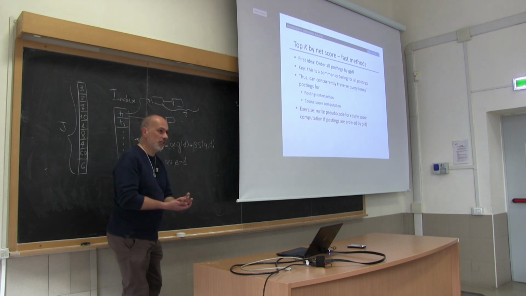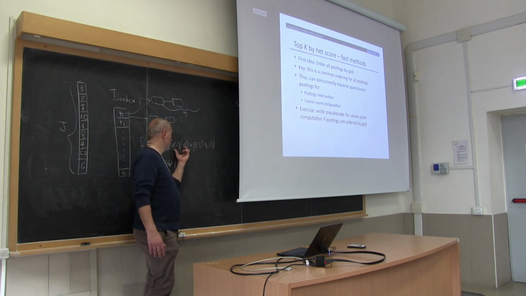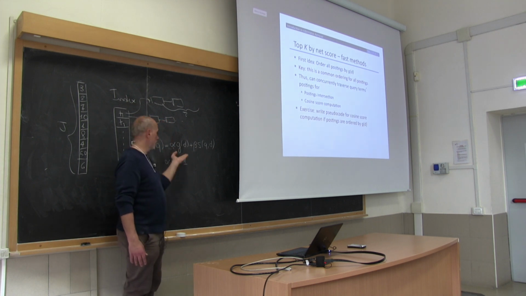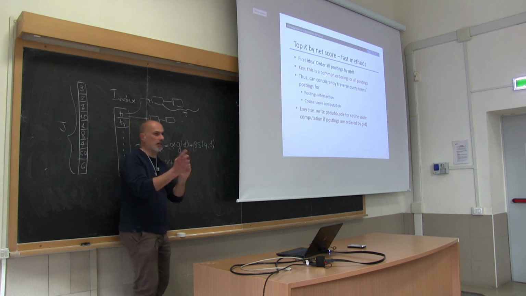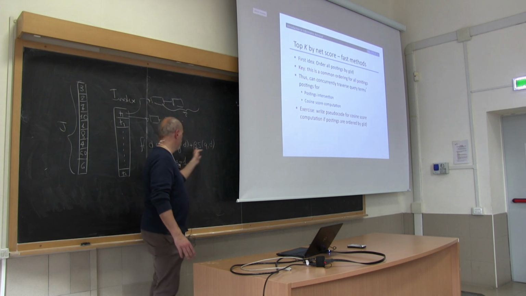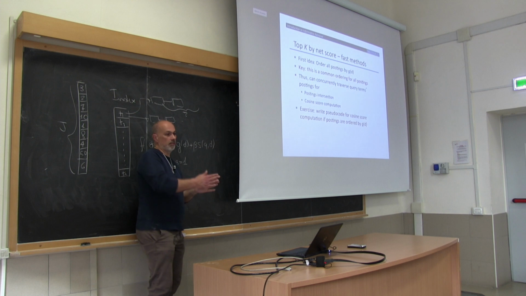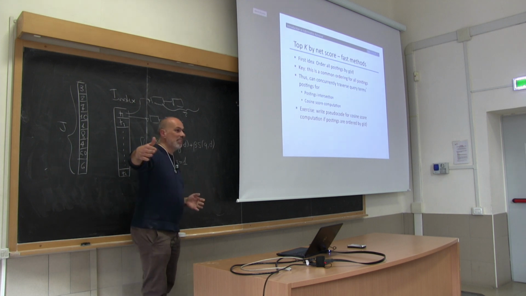Why? Because intuitively, in many cases, let's say the top ranking documents for a given term are more likely to appear in the first positions now, just because this part of the score is higher. You see my point? I mean, it's not necessarily like this. Perhaps you have a document that has a very low, let's say, absolute score, static score, but very high relevance for the query. Then this document might be deep in the posting list, right?